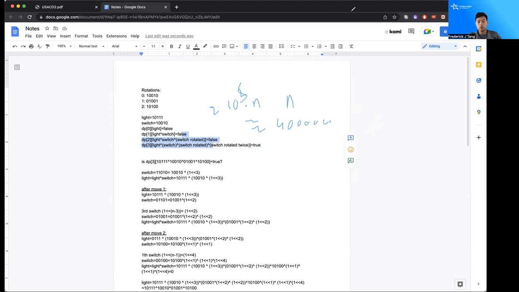4 million operations to answer all the queries, which is definitely within the time bound. So we solved the problem. Done. I'll show you guys the actual code now, because the bitmask DPs are